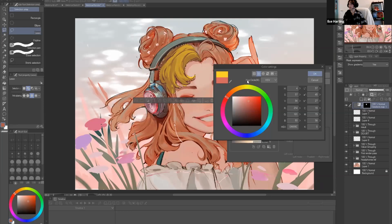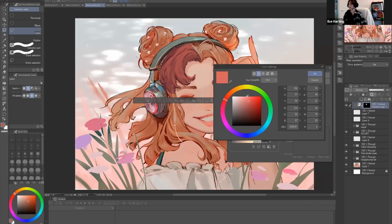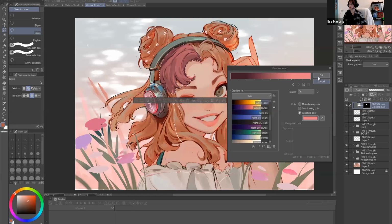pick a pink, like a dusty pink. Perhaps this one needs to be slightly darker. Yeah, and now you have an orangey, peachy color. You can play around with this and completely change all the colors you need. And once you have a setup you like and you would probably want to use more often, you can press this button and save the gradient, like dusty pink. Give it a name, okay,